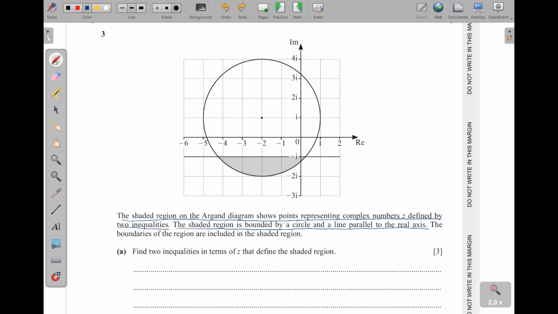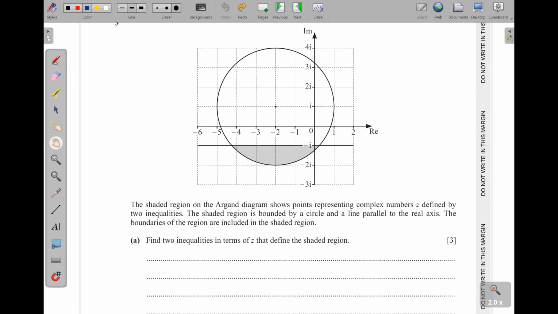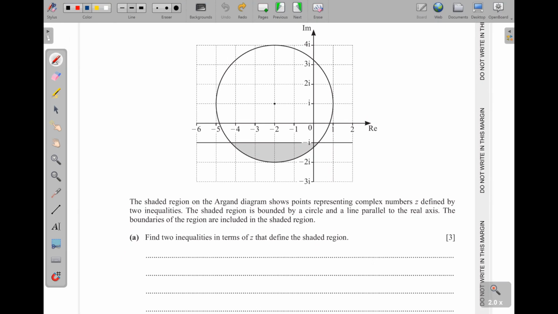Usually we have always been given the inequalities and then we sketch them. Now they have given us one that is sketched and we are told to find the inequalities. Now this one is a circle, and for the circle we have the general formula in this locus of points: z, then minus something like a plus bi, and this becomes the center. And since this one here is a bold